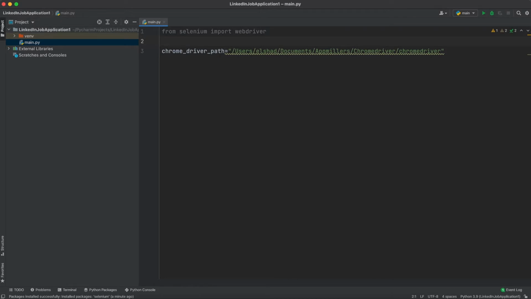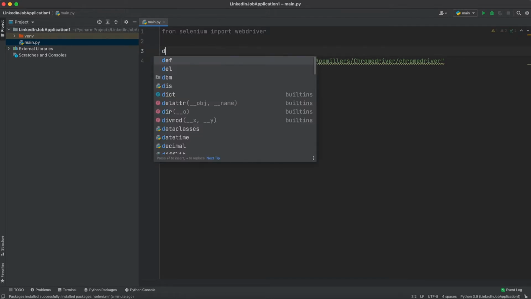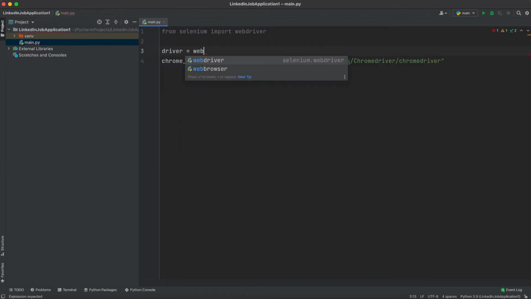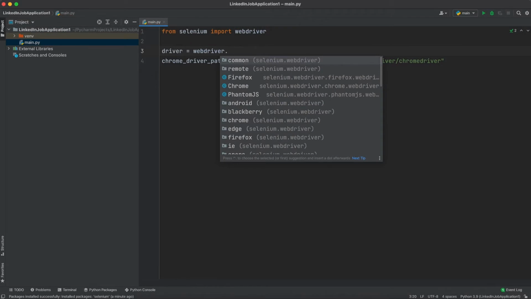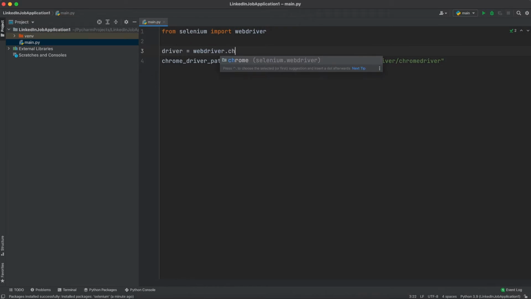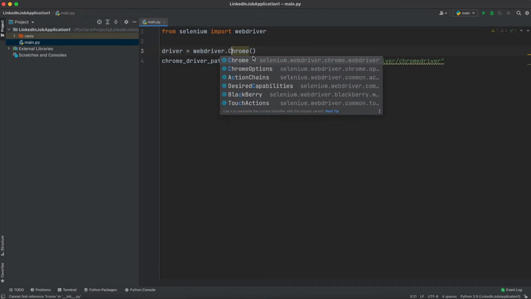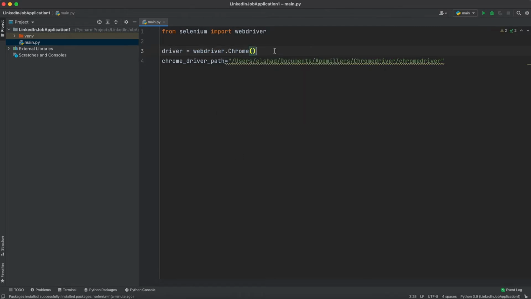Now here, let's create a new driver from this new model. So it's going to be like this: driver is equal to WebDriver.Chrome. As we said before, we are going to use Chrome in this case, so it needs to be with a capital letter over here. Now here, we are initializing the new object, and the only argument we have to give it is the executable